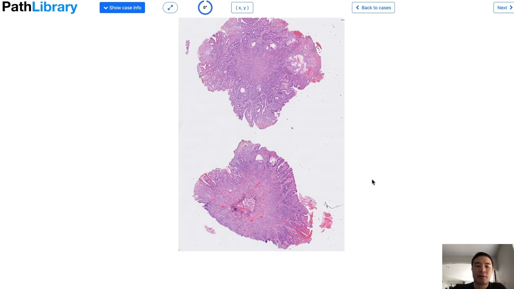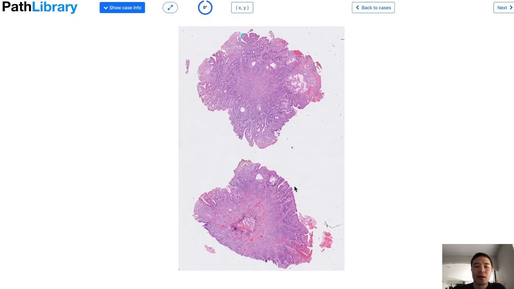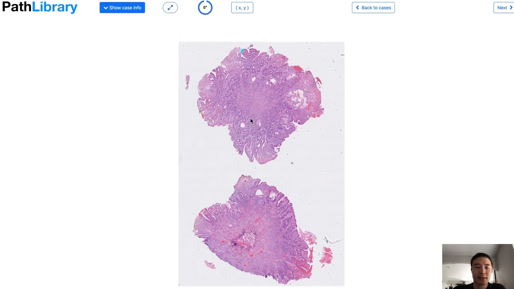So what I see here from low power is some neovascularization, some hyperchromicity of the foveolar cells, lamina propria that is chock full of some cells, probably inflammatory cells. I don't see a stark contrast of the hyperchromatic foveolar cells. If there is a stark contrast where you see one that is banal, it has basal cells that are regularly oriented, and another one that's hyperchromatic and has mitoses,